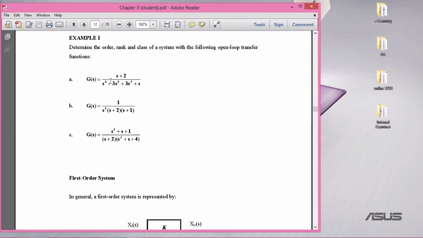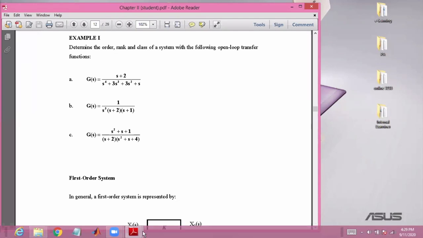Order is the highest power of S in the numerator. Here it is 4. So the order of the system is 4th order. The rank is 4 minus 1. The highest power of S in